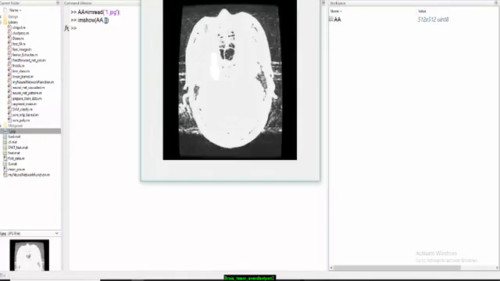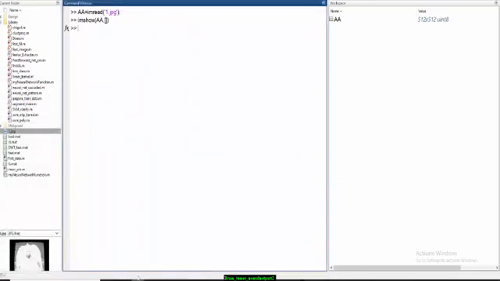This is my input image, and let's see what will happen when I extract the features.